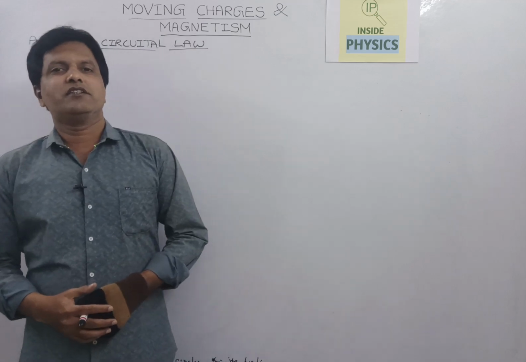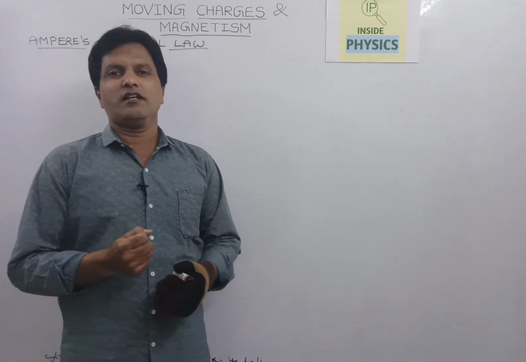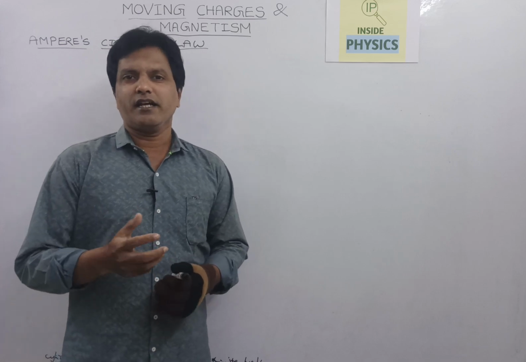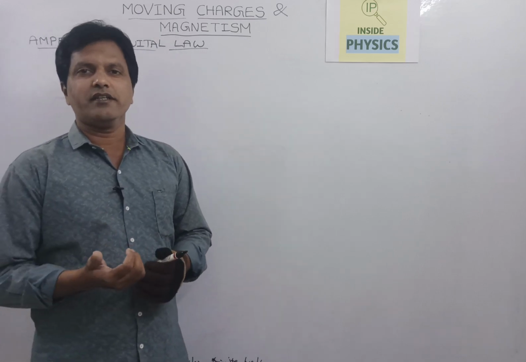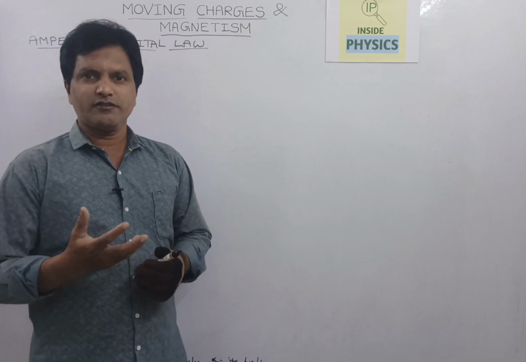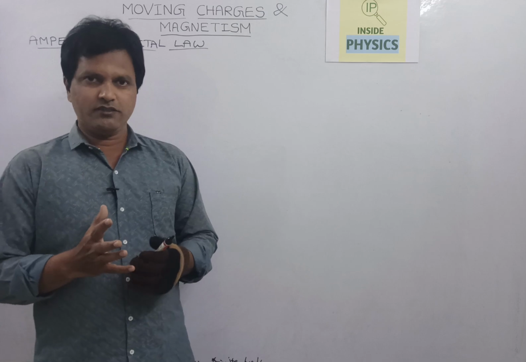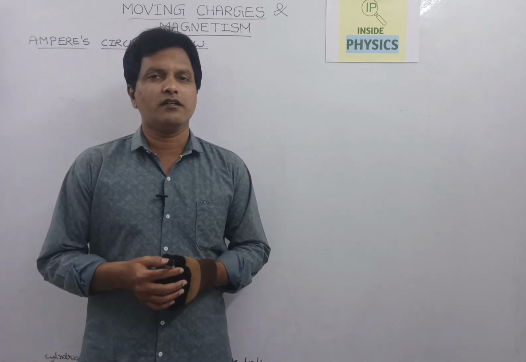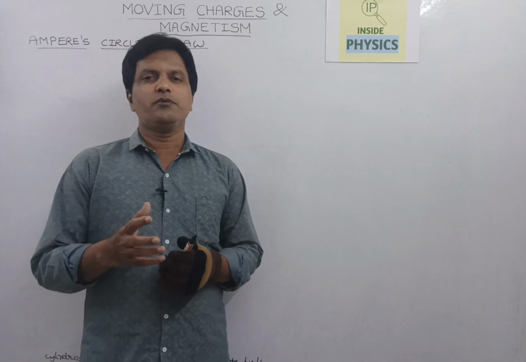Today we are going to discuss Ampere's circuital law. This law is about the calculation of magnetic field when there is a current flowing in a conductor, or a current flowing across an area of cross section. This is very similar to Biot-Savart law, but we can consider Ampere's circuital law as a simple method